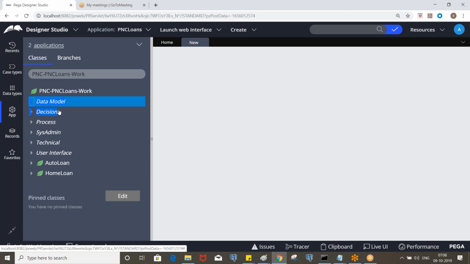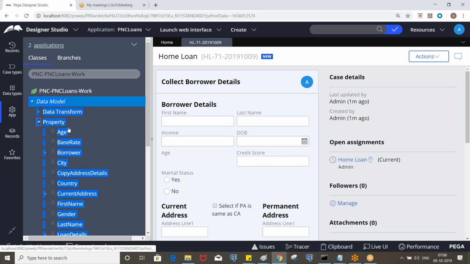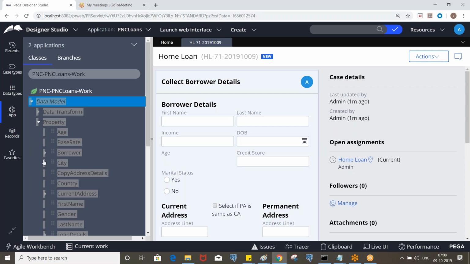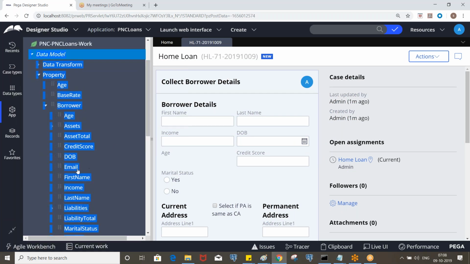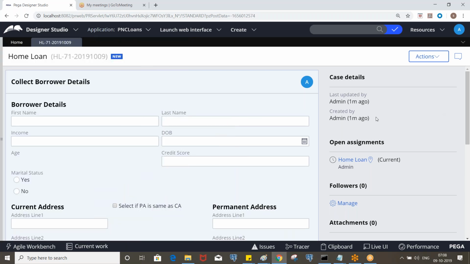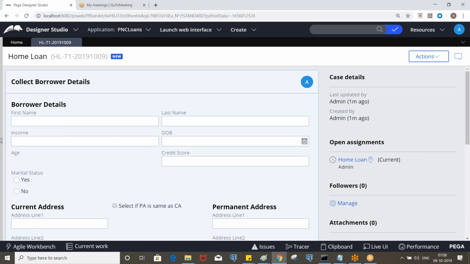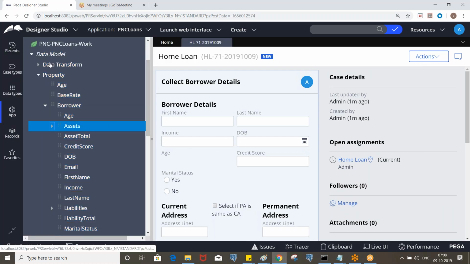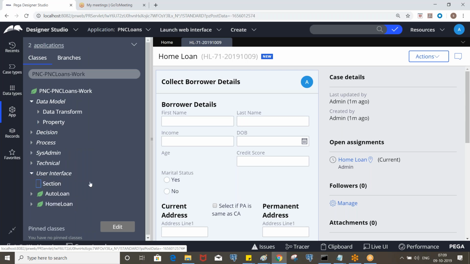If not, let's create it. So we have a property called email in the borrower, right? But it is not there in the screen. So now let's open the borrower details section and include the email property.